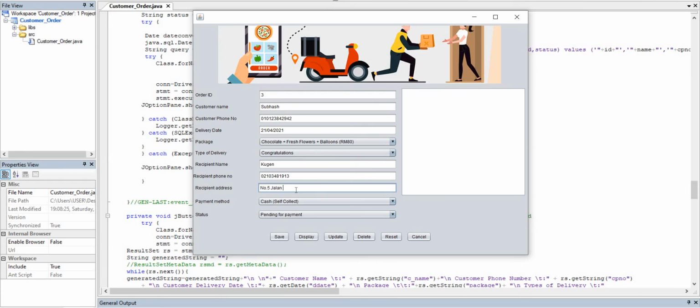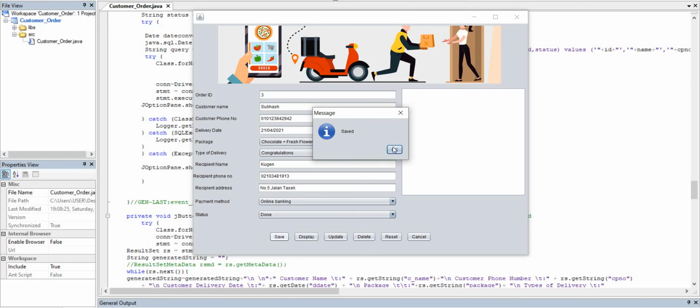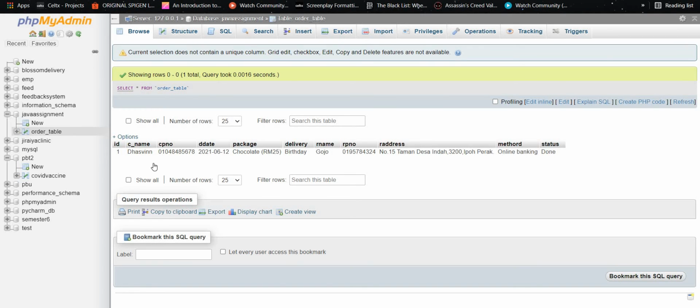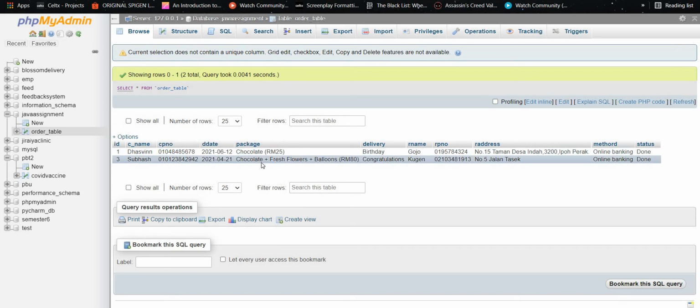For payment method, online or cash. Status payment also. After that they have to save, and a pop-up message comes out. Okay, in the database, you can see whether the data we just input is saved or not.